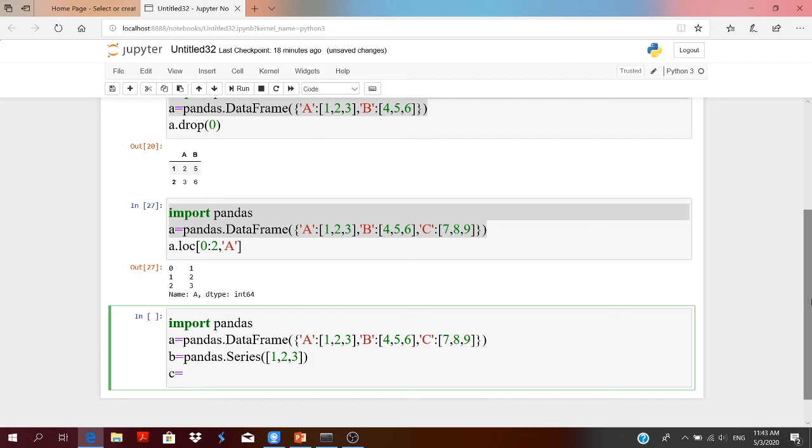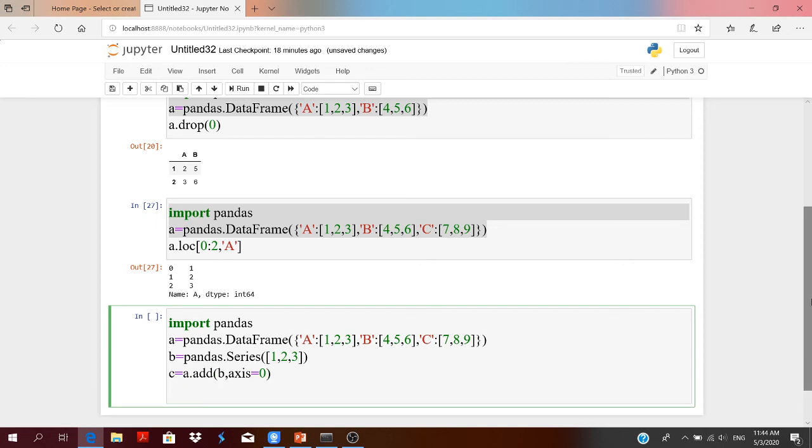Let us create another data frame C which adds the elements of these two data frames using add function, adding A to B along axis 0. Axis 0 means along the rows. Now when you print C, it will give you the addition of two data frames along rows.